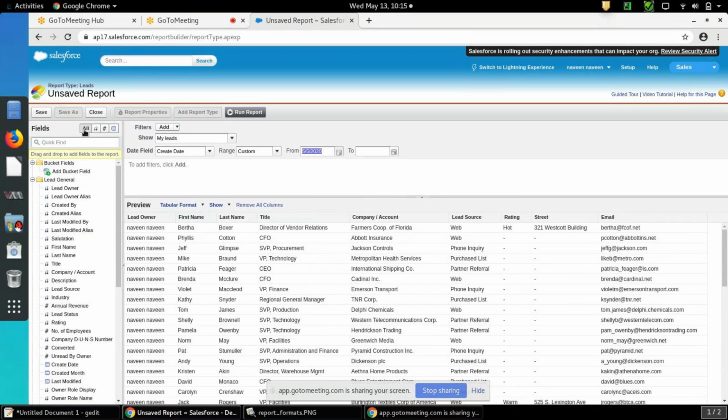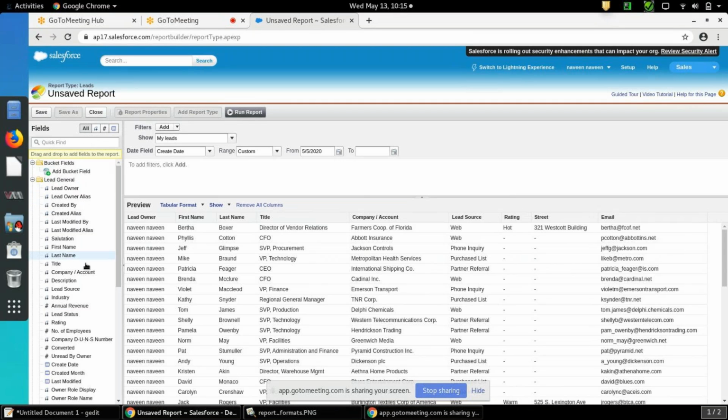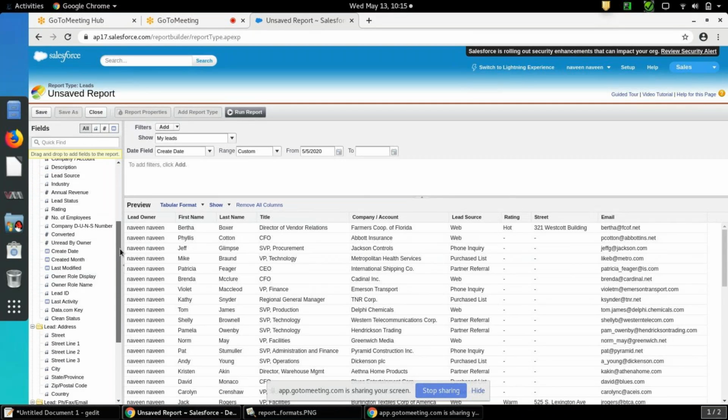If you want to see all the fields, you can see them in the left navigation. Suppose you want to see only text fields, click on this A. If you want to see only date and number fields, click on this hash button. If you want to see only date time fields, you can click on this last one. So let's click on all so that I can see all fields available here.